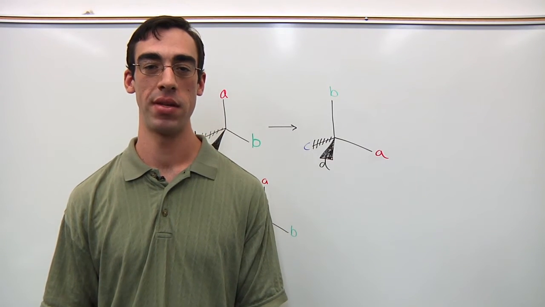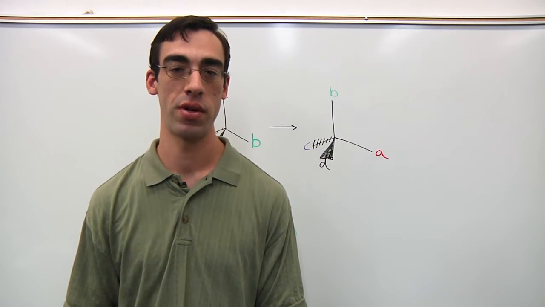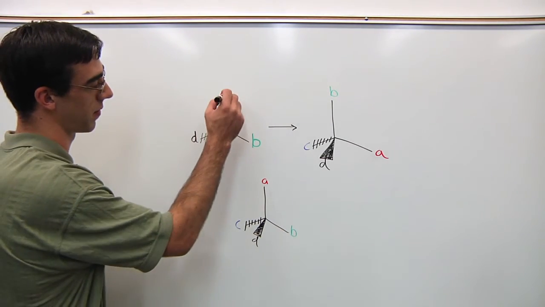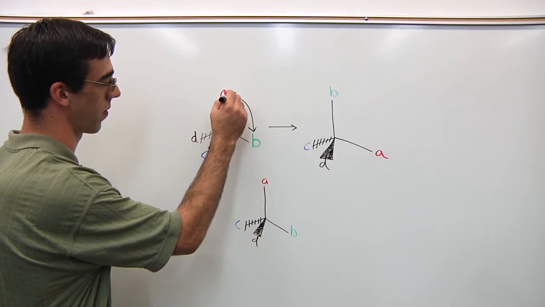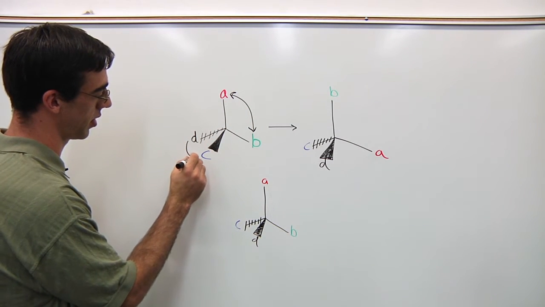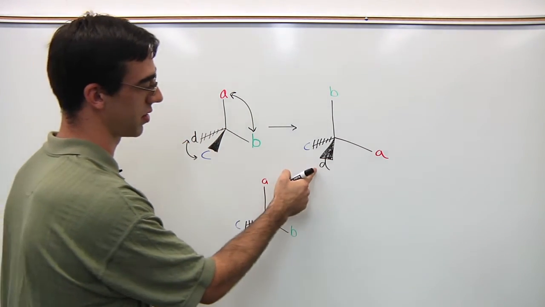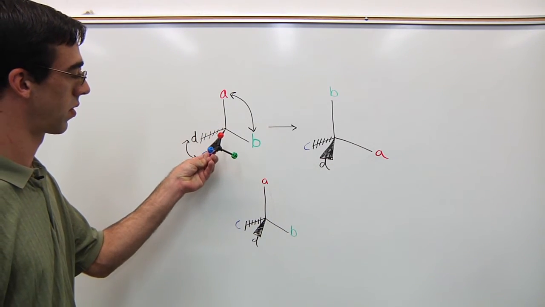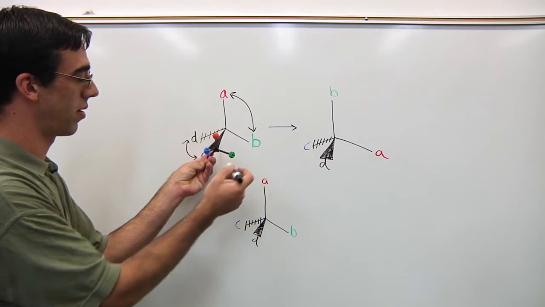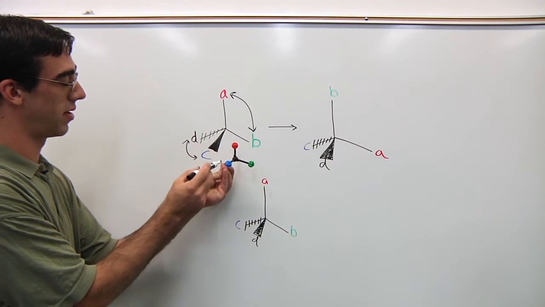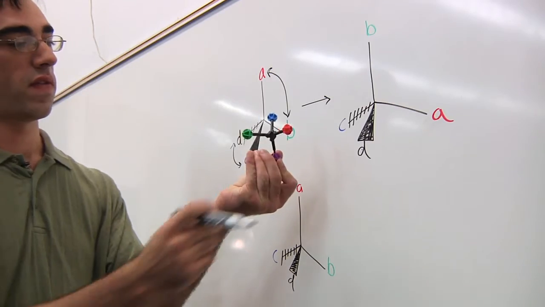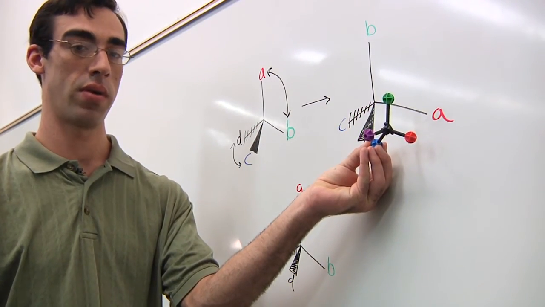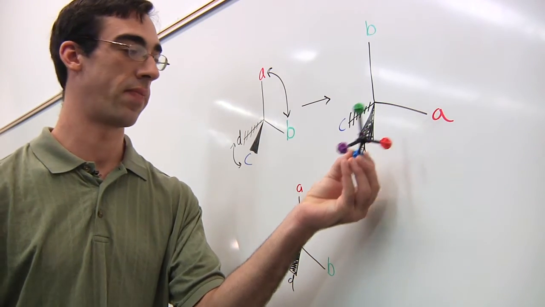One more way to maintain the connectivity of a stereocenter while drawing stereoisomers is by interchanging 2 sets of groups. On this structure, if you interchange A and B, and you interchange D and C, you make this structure. As you can see from the model, A and A are lined up, B and B are lined up, C and C are lined up, and D and D are lined up. If you flip this model around, you'll see that you've created the same molecule by interchanging 2 sets.